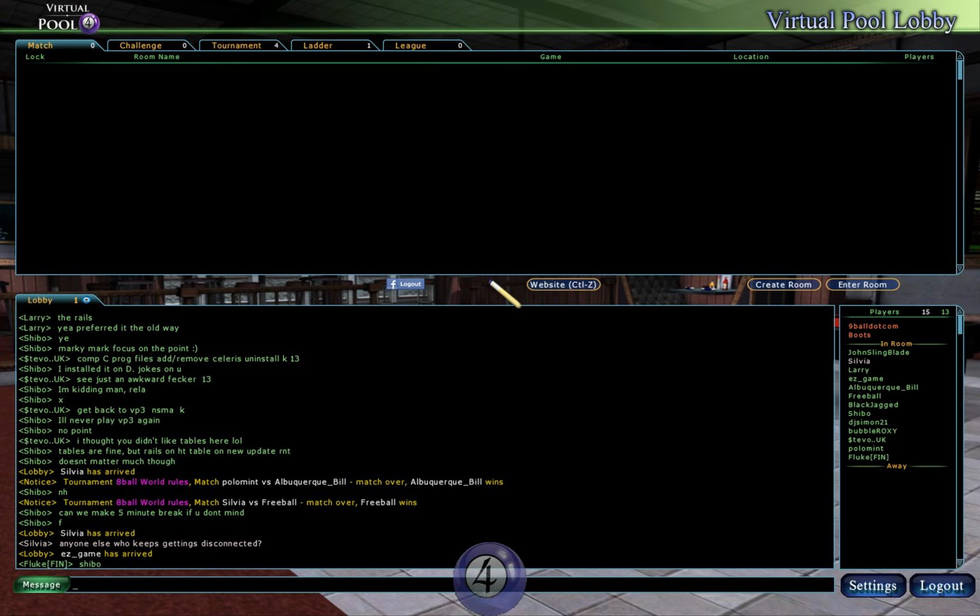seemingly tonight. This is a list of the players in the lobby. There are 2 people here in red. One of them is, if you click on the name, 9ball.com. He's listed there as an event director, which means you can create tournaments, etc. And it also shows your current status, what level that you're at. And that one there is Boots, used to be Mr. Steve Chaplin, and he is listed as a moderator. He has many disguises in the VP4 lobby. And this is a list of all the players that are currently there at the moment. And that's a quick glimpse through